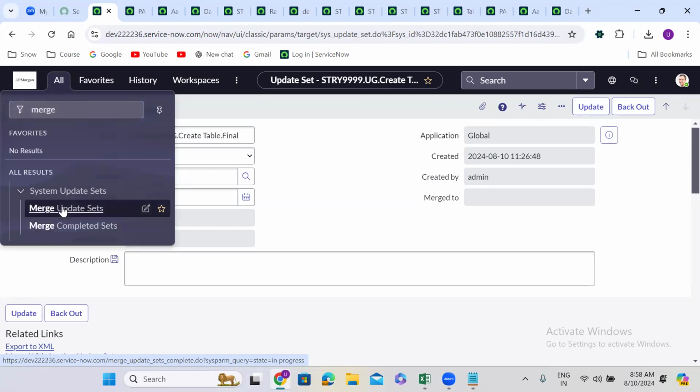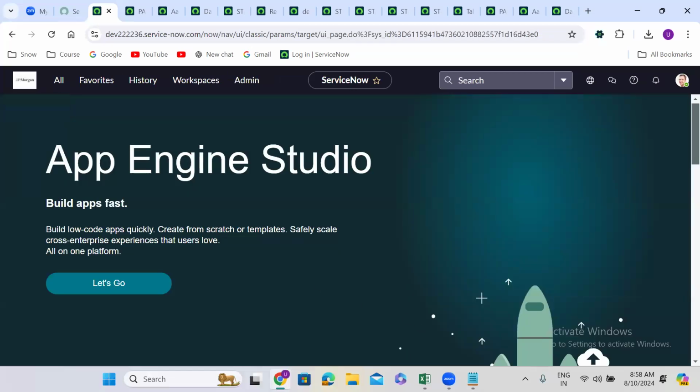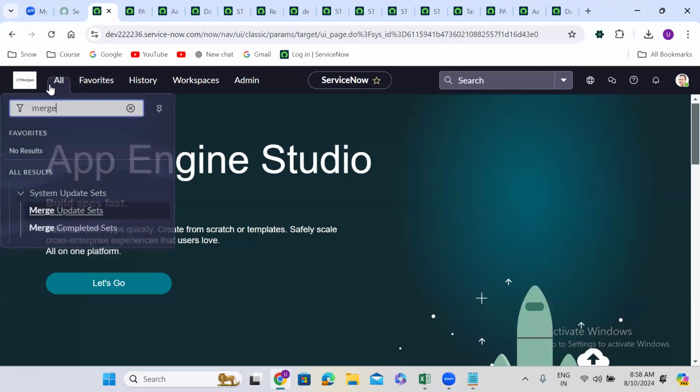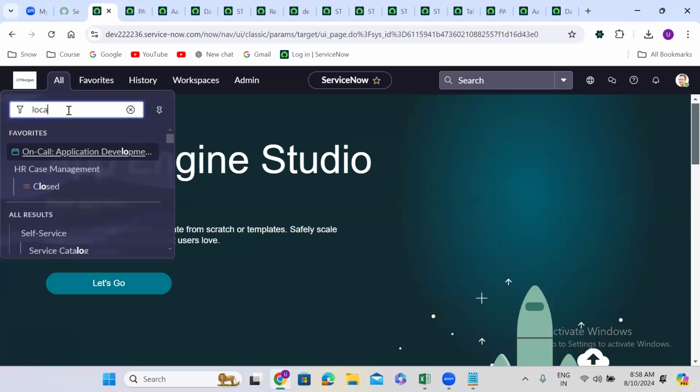You are merging all the update sets and moving them to the target instance. Are you able to understand the merge update sets concept, guys? I have unmuted everyone. You created a total of 4 update sets, right? Instead of moving them one by one,